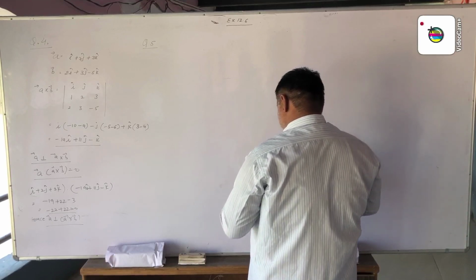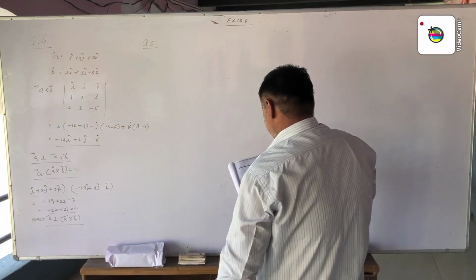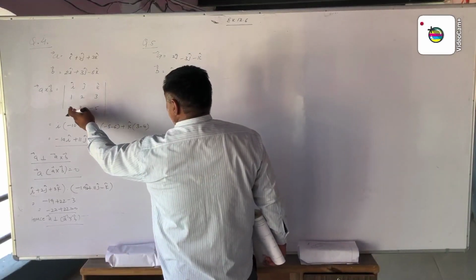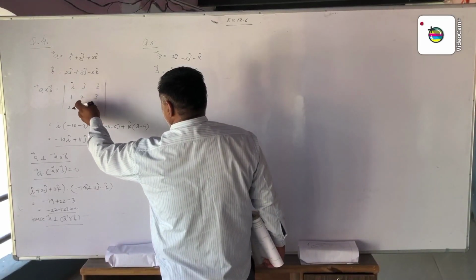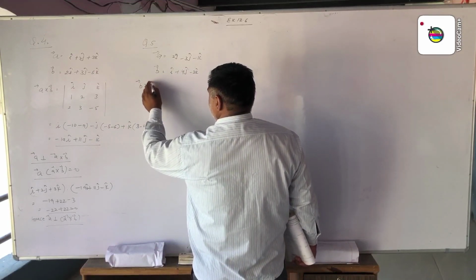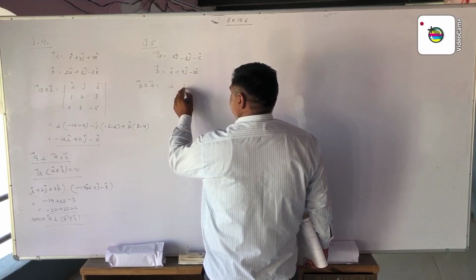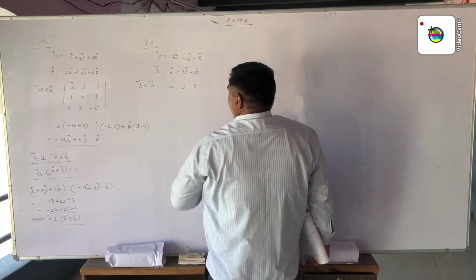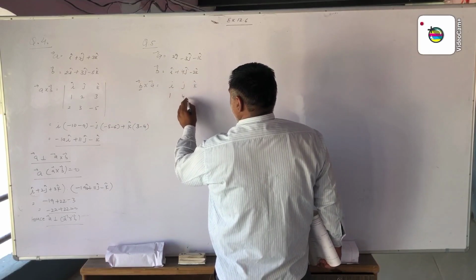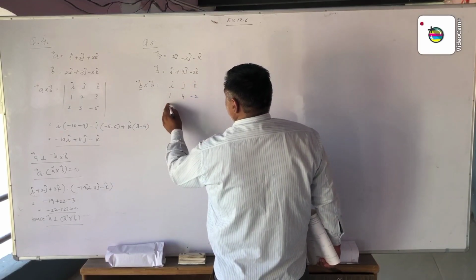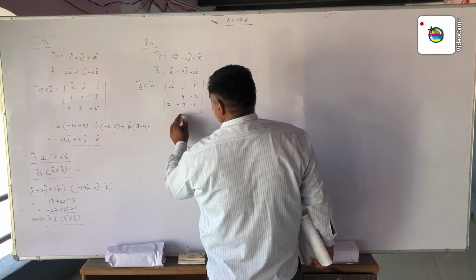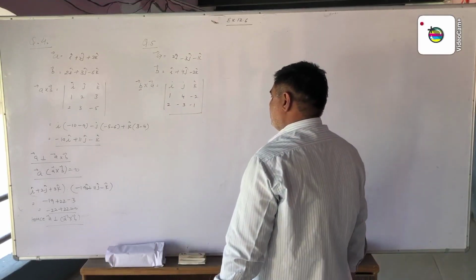Find A cross B and B cross A. After this, for B cross A we take vector B before A. For example, vector B cross A. This is I, J, K. Now we take the components of B first: 1, 4, minus 2, and the vector A is 2, minus 3, minus 1. Now we multiply. This is the result of B cross A.